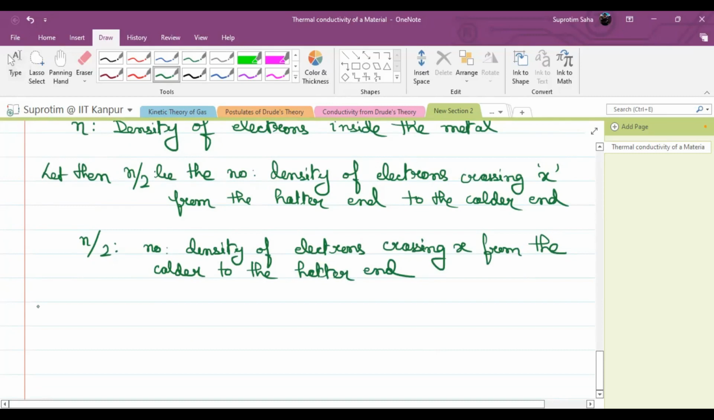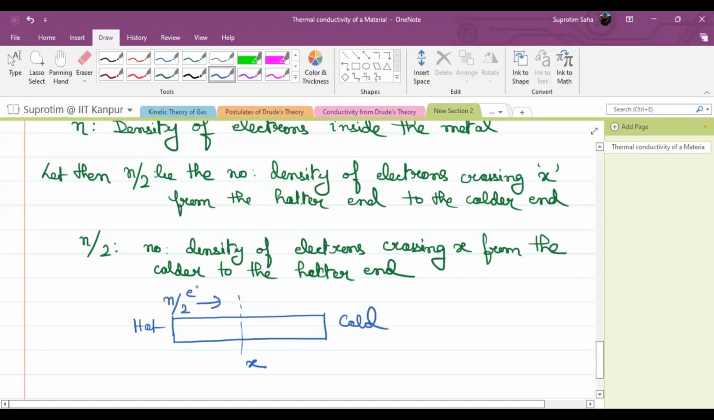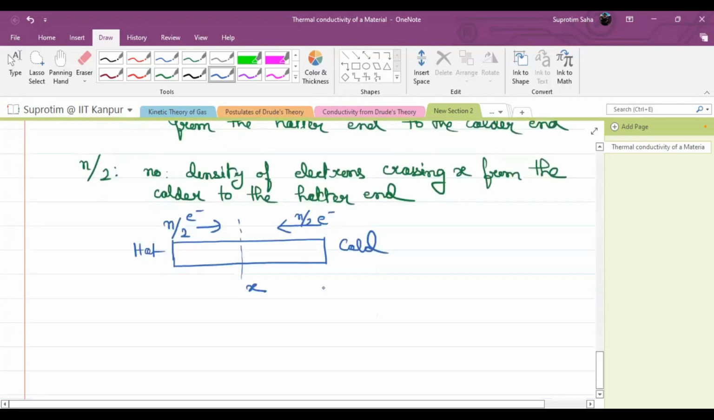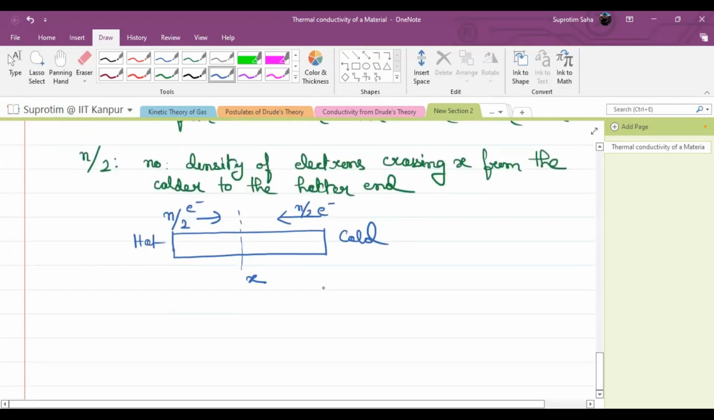So, as electrons are traversing, let me try again. This is your sample, this is your X. This is your hot part, and this is your cold part. n by 2 electrons are coming from the hot end, and also n by 2 electrons are coming from the cold end to the hot end. So, at a point X, as an equal number of electrons are coming from the hot end to the cold end and from the cold end to the hot end, there's no